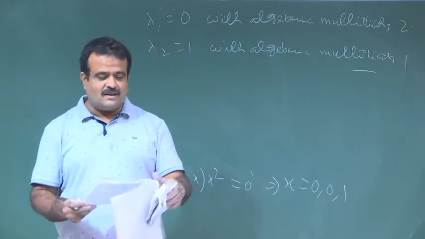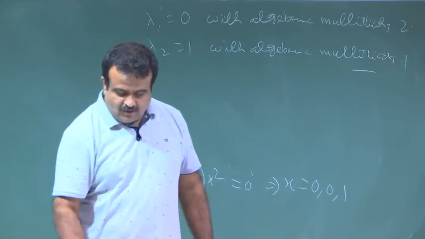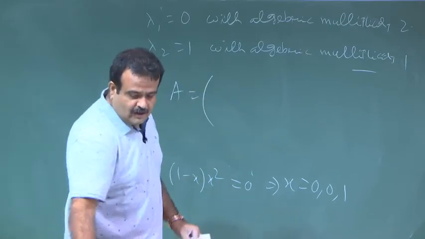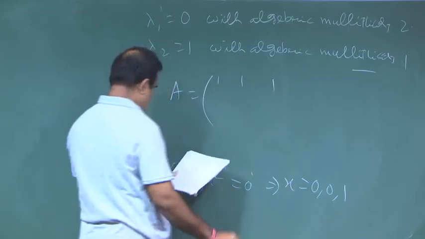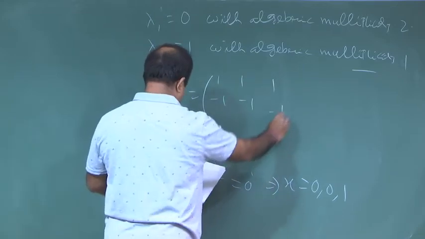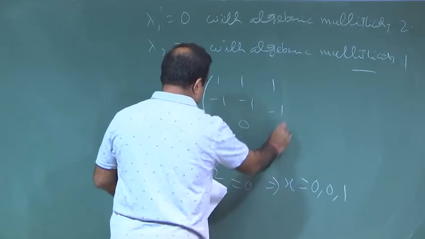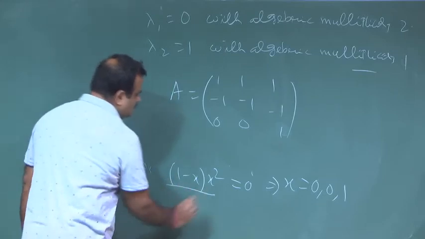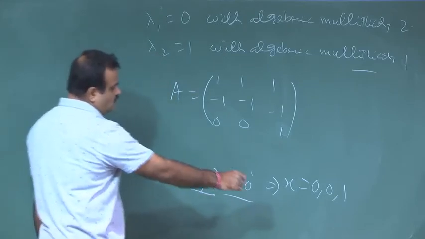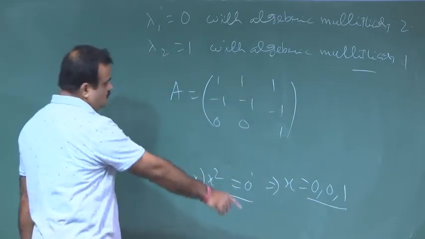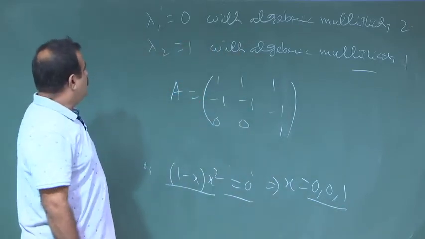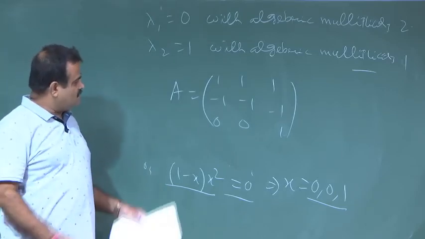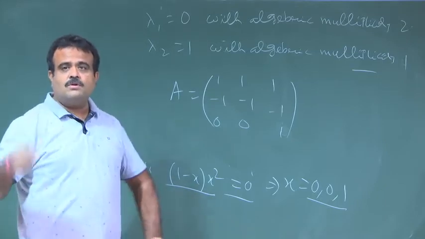Okay, we are finding the geometric and algebraic multiplicity of a matrix. We have seen the matrix [[1, 1, 1], [-1, -1, -1], [0, 0, 1]], and we have seen the roots of this matrix. We got the characteristic equation like this, and if we get the roots, we get two distinct eigenvalues. Here 0 is coming twice. That is why eigenvalue 0 has algebraic multiplicity 2 and eigenvalue 1 has algebraic multiplicity 1. Now, we will talk about geometric multiplicity.